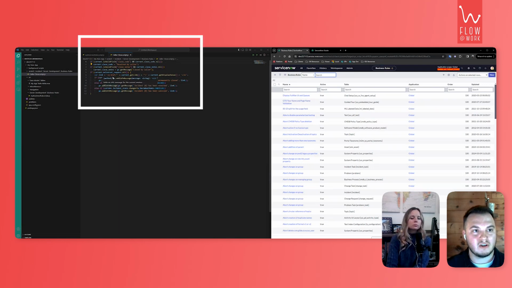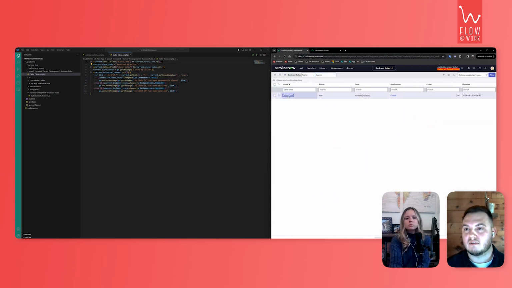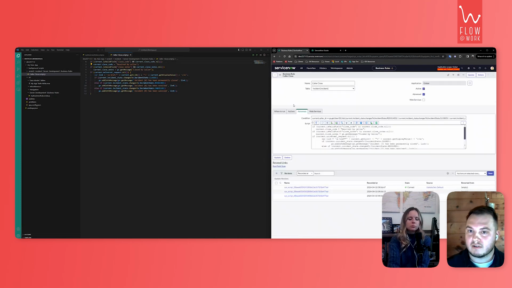So maybe they need to change this. They need another check here to say, actually, the out of the box isn't working 100% for us. We need to tweak this a little bit. And if I pull up this business rule, the same one in the instance, we can see even not every out of the box business rule